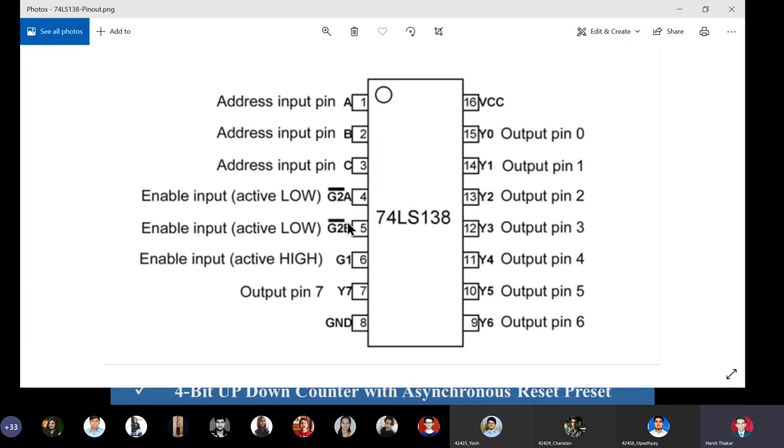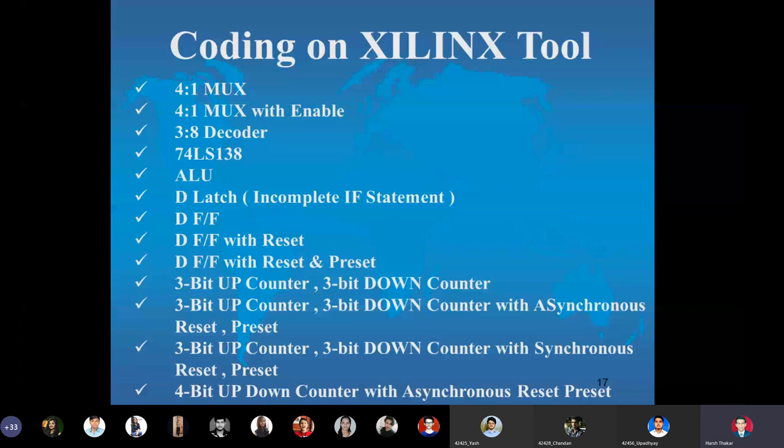So the VHDL model we have done for the 3:8 decoder had the same functionality, but there was no enable pin in that particular model. We can put a 3-bit enable by defining a bus as CS. That I have done, but I'll not show you. I will leave it to the student for practice. Okay. So ALU is the first SPP assignment. D latch and D flip flop we discussed now.